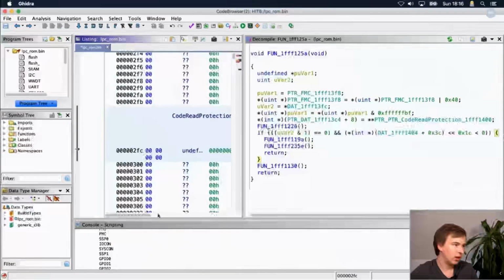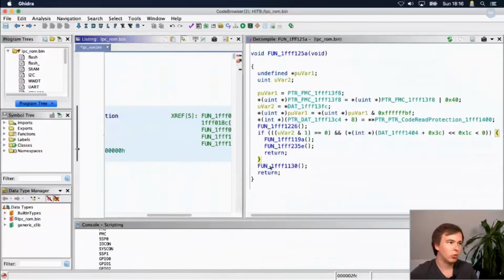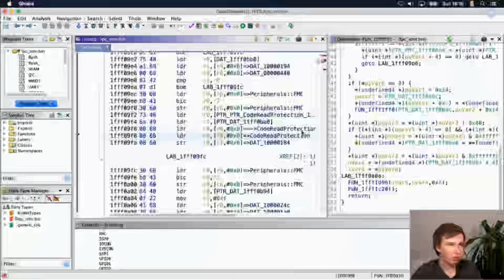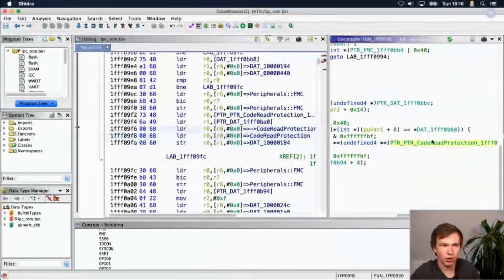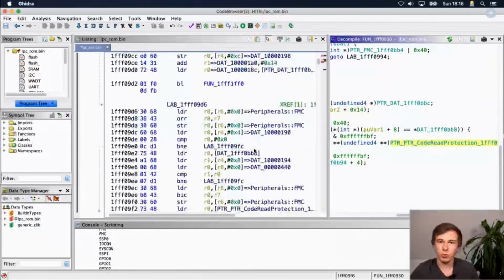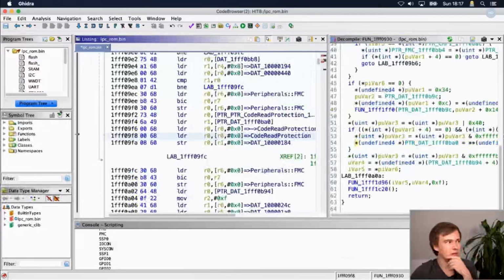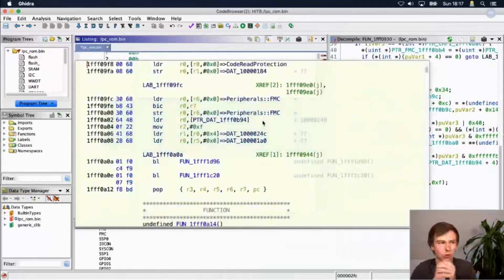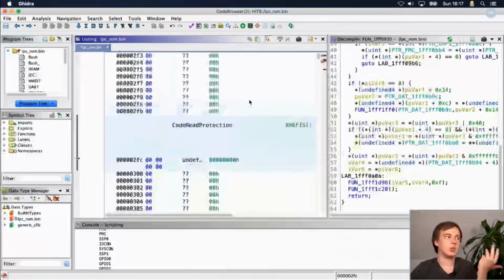And you can see that by loading the boot ROM, we can see where this code read protection is read. For example, if we click here, we can see that there's some code that works on the code read protection. We can start reverse engineering the boot ROM and try to figure out how exactly it works, how we can potentially bypass it, and how we can find vulnerabilities. Now this would take a lot of time, but there's a nice other trick, because we have the boot ROM, which is executed on each start of the chip, and we know that it's read